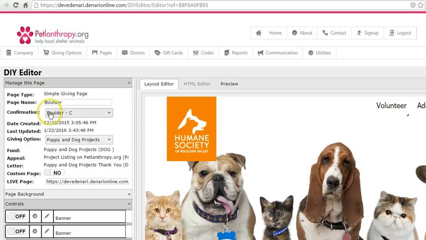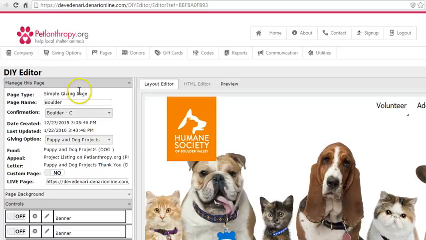In the confirmation field, we have to choose the page that we want to be the confirmation for this page. Since I've already created the Boulder confirmation page, I'll select that here. I've added a C to the name of it just to help me keep them straight, but you can use any naming convention you like. So first, I'll take you through the process of creating a page, and then I'll show you the Boulder confirmation